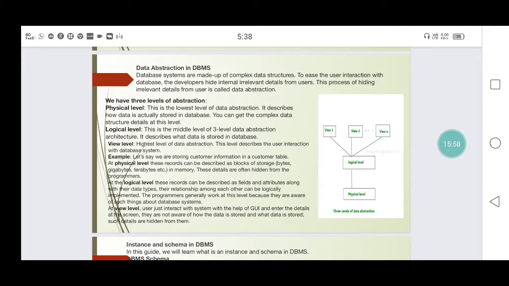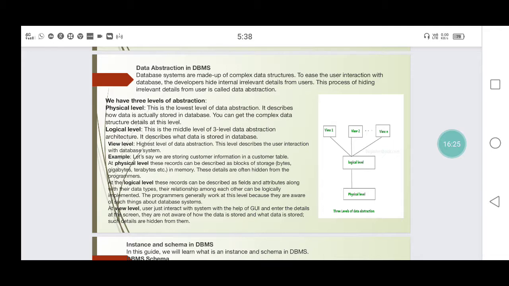Here there are 3 levels of abstraction. Coming to the physical level, this is the lowest level of database abstraction. It describes how data is actually stored in the database. You can get the complex data structure details at this level. So how would you construct the database here?